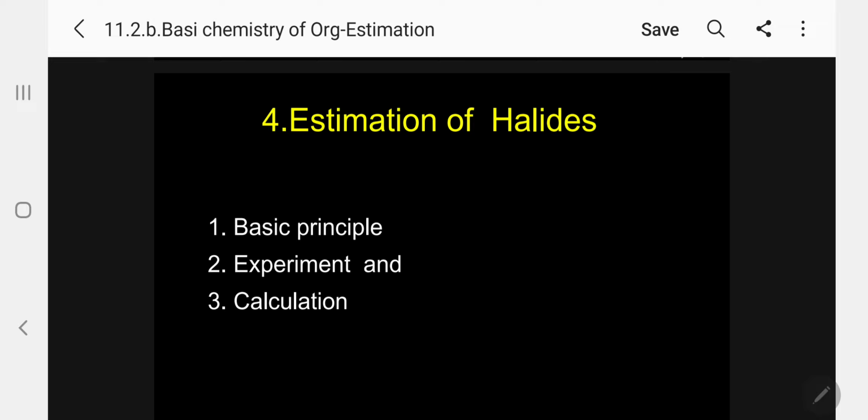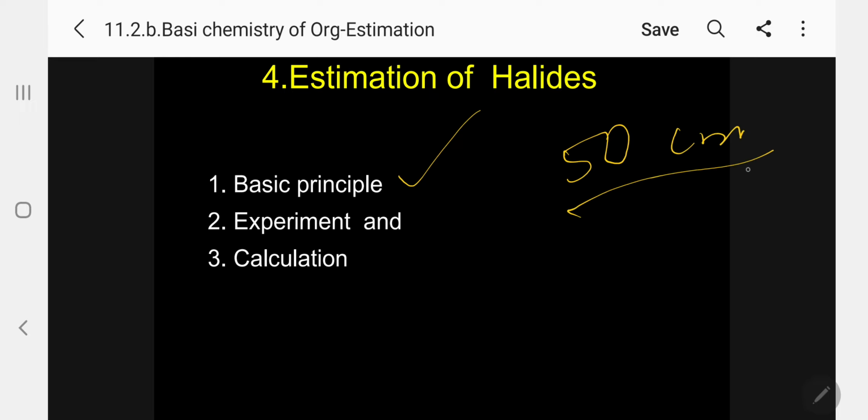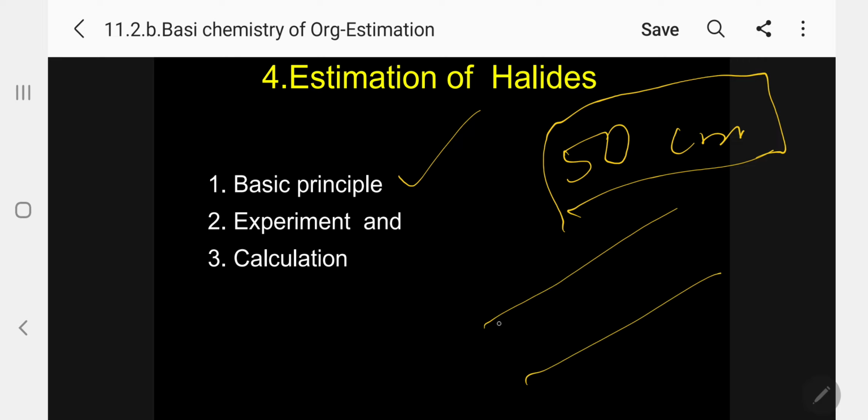Kindly follow the basic principle as usual. I will take a known quantity of organic substance. The Carius method of estimating halogen involves a hard glass Carius tube about 50 centimeter length. Please follow, I am giving the definition; this is applicable for all the places where I am using the Carius tube. The length is 50 centimeter and closed at one end. The diagram, you know, this is the Carius tube.